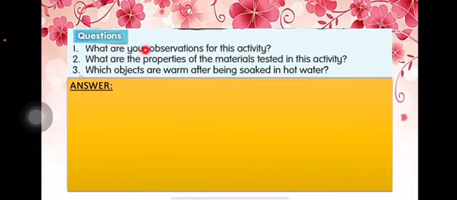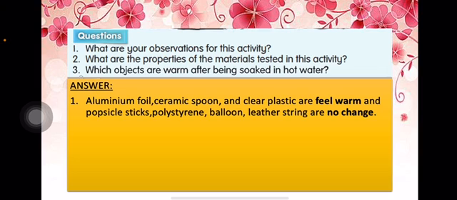Let's see the question. What are your observations for this activity? The answer is aluminium foil, ceramic spoon, and clear plastic feel warm. And popsicle stick, polystyrene, balloon, and leather string have no change. Question 2. What are the properties of the material tested in this activity?